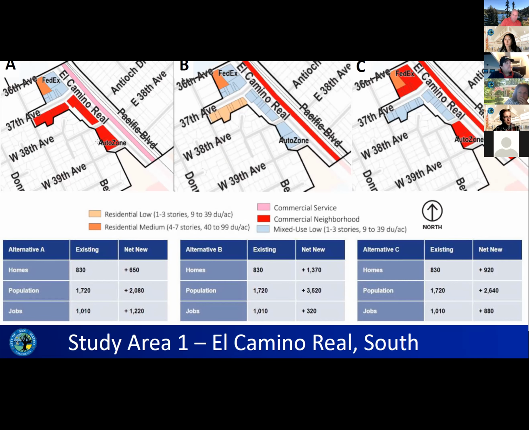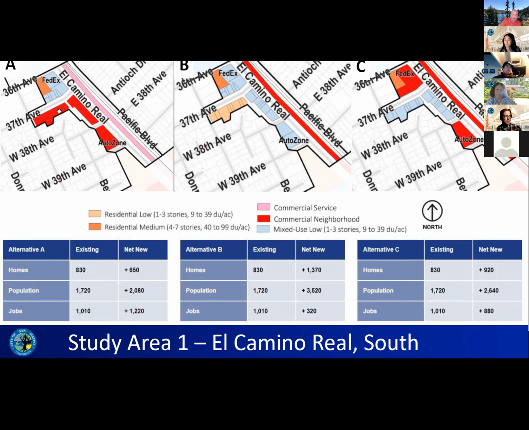This block north of 37th, where the FedEx is currently, would be a mixed use low designation. Same thing here, at least I think it is, because the Zoom toolbar is cutting off my screen. And then south of 37th Avenue here is a residential low.